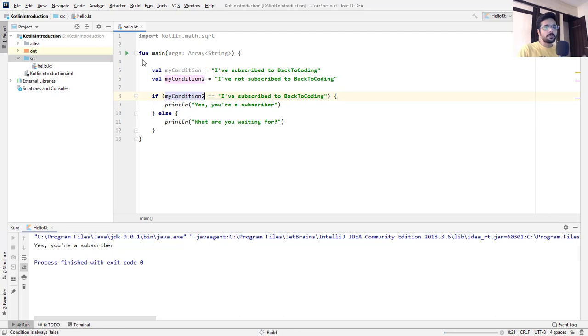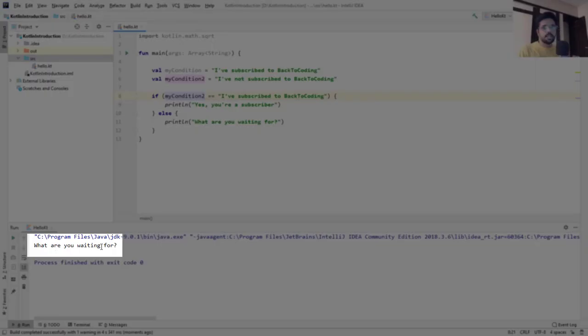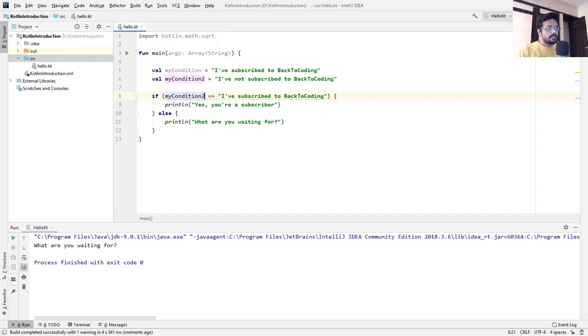And if I switch from my condition to my condition 2, then the output will be, what are you waiting for? Here as you can see, I have to switch the conditions, that is from my condition to my condition 2. But it can again be handled in a new way, which is using an if else ladder.